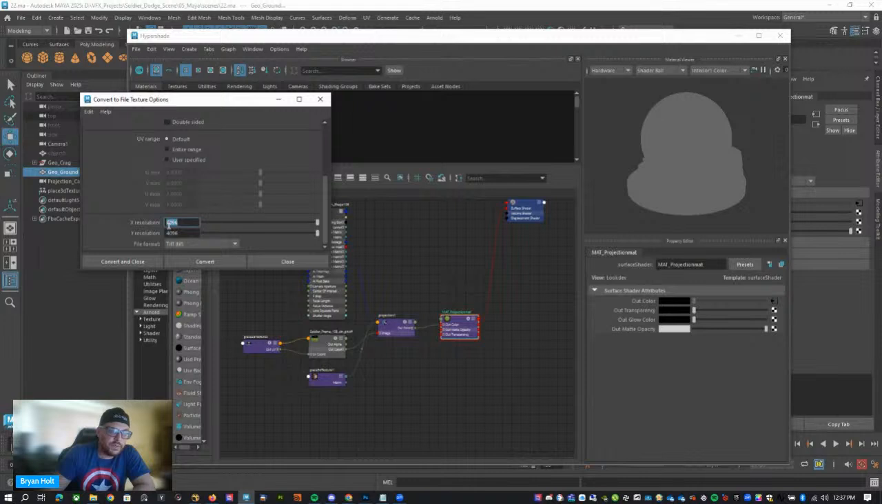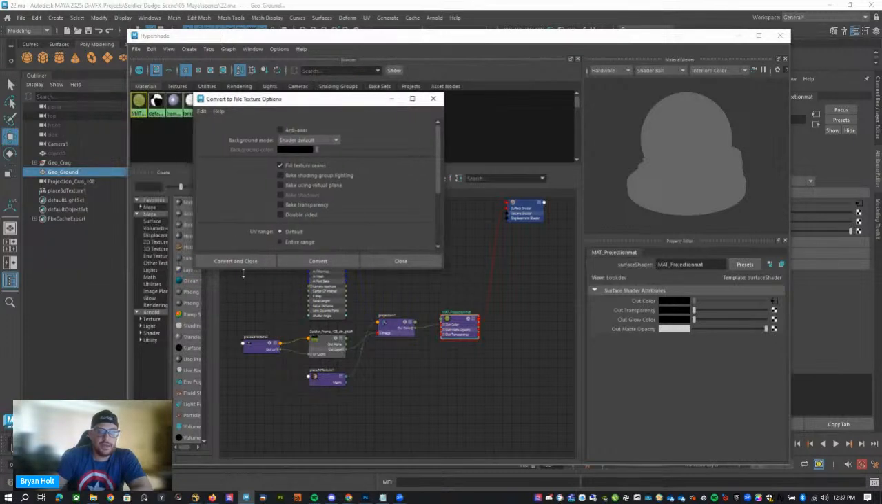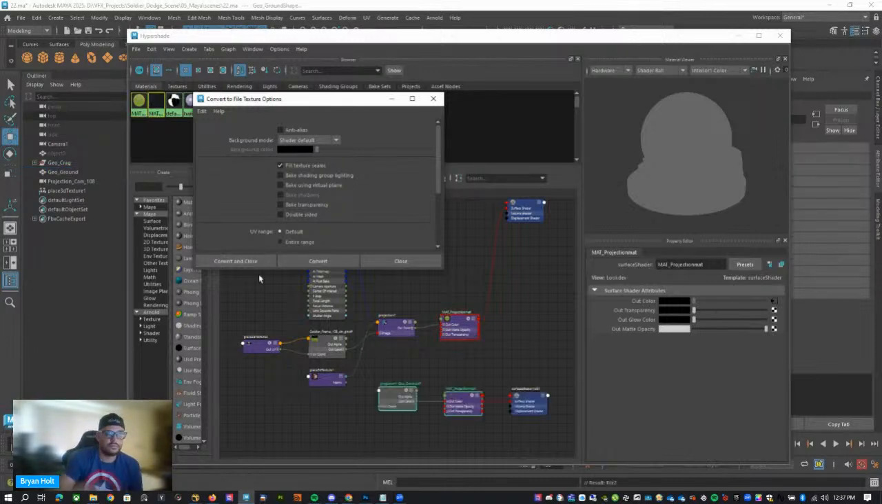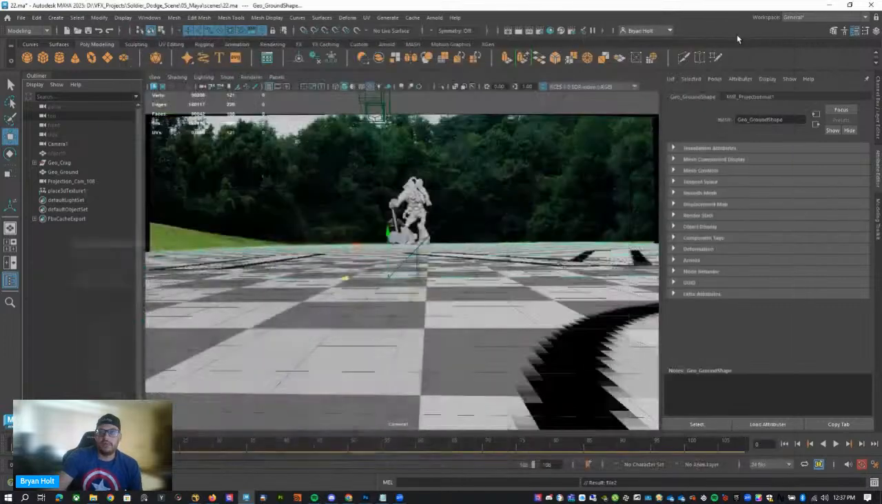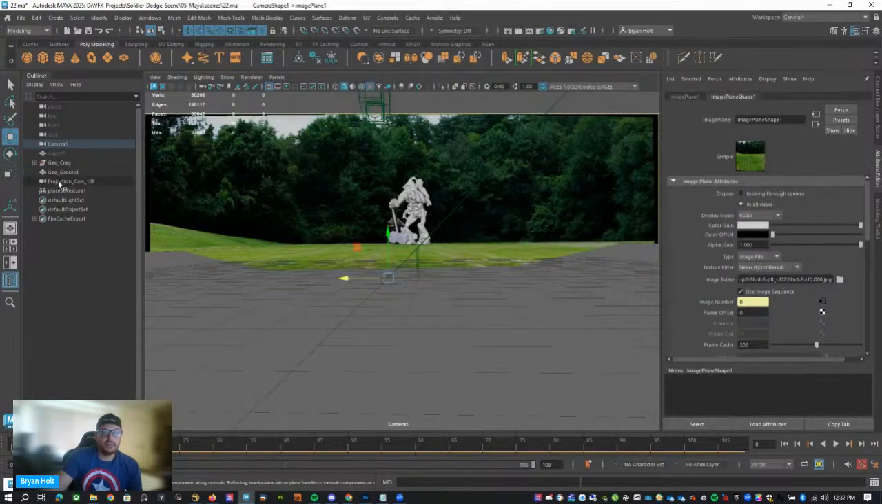So I'm going to set this to a 4096 TIFF. Okay. I don't really tweak too much of this. It does matter if you need to bake the actual lighting in, but for the most part, it doesn't really matter. I'm just going to go ahead and convert and close. Give that a second to cook. And if you did this right,